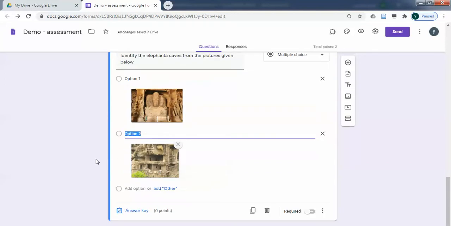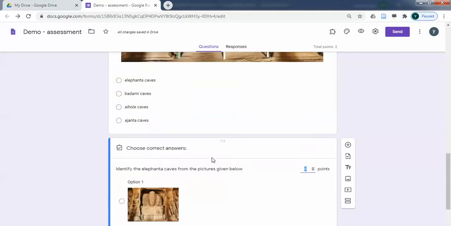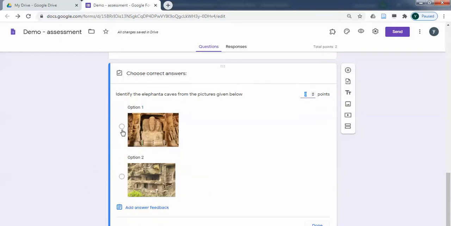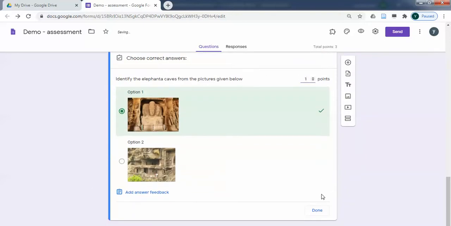Okay, like that you can just add any number of options. I'll just keep it as a demo. So I will tell the Google what the answer key is, and this is the correct answer. I'll make this code 1 and I will give done.